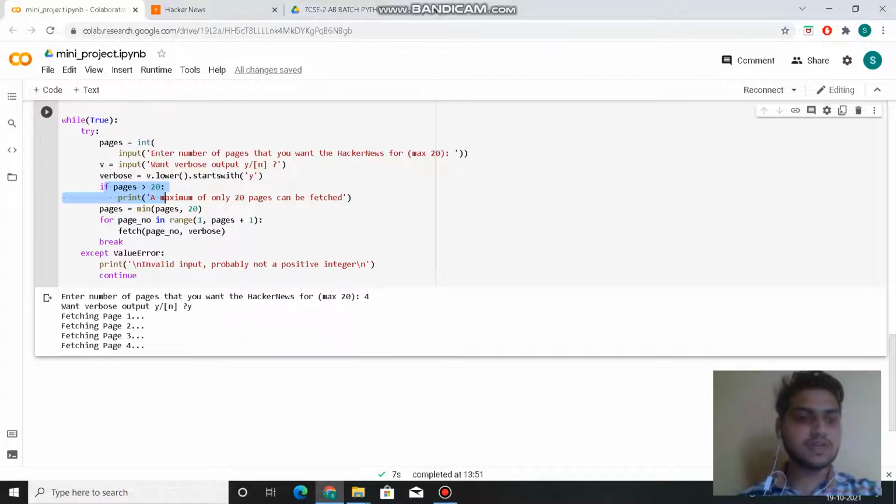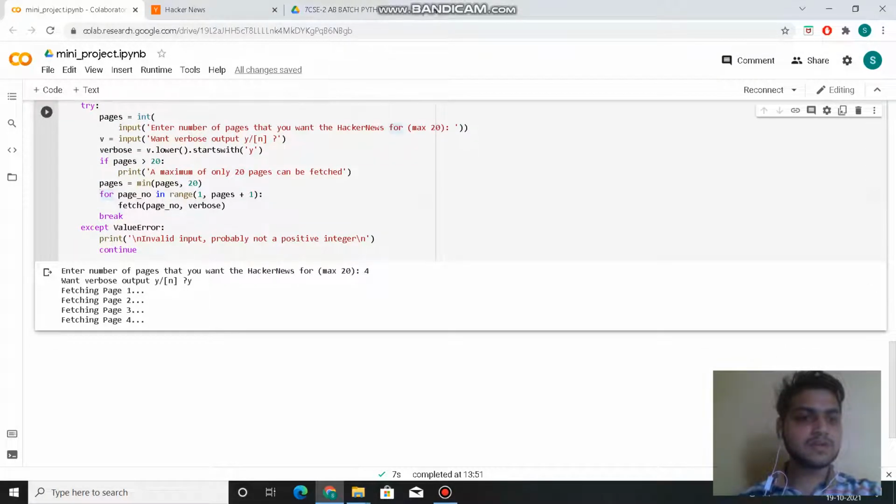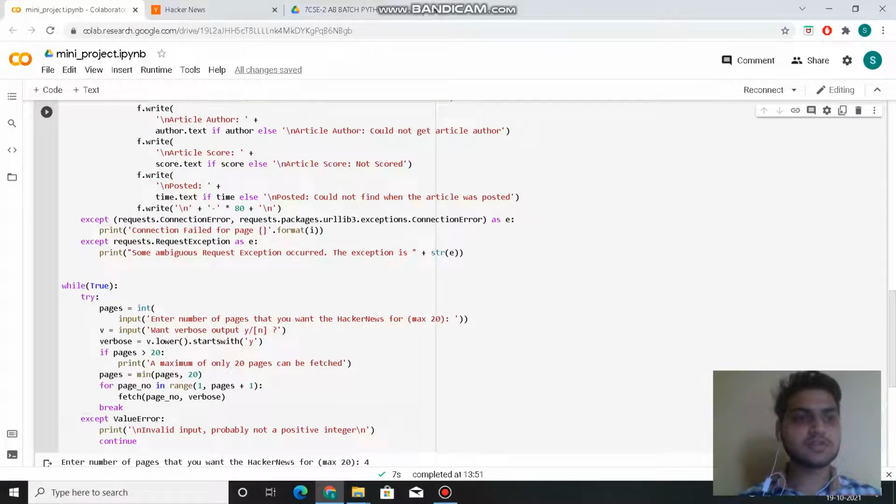After that, there is a break, and then the ValueError, which prints invalid input, please enter a positive integer. Like if we enter -1, then it will print that. So let's run the code.